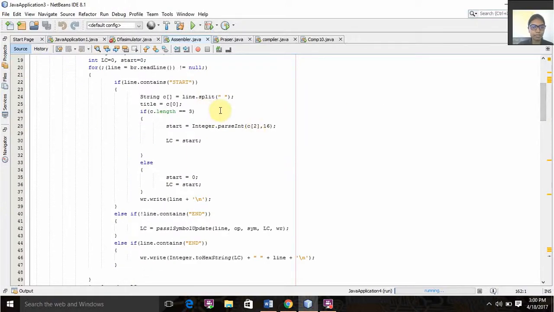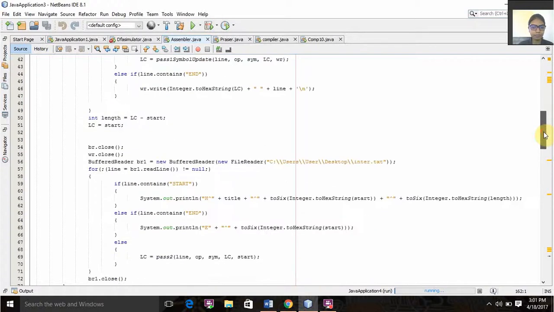in start we are going to split each line and check whether the length is equal to 3. If it is equal to 3, then we convert it into an integer value, and with pass1 symbol update we are updating the symbols, and then we convert the integers. As soon as it reaches end, we convert it to a hex string, that is, a hexadecimal value. Then again we read the input value from enter, and once it reaches h,